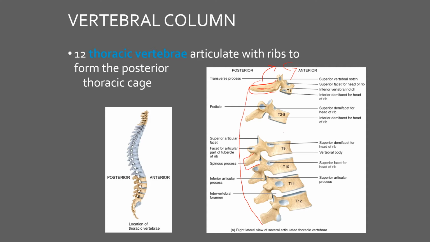But yeah, the T1 is going to look more like the C7 spinous process. So you'll have spinous processes changing shape as you move down into the lumbar region. They'll go from being long to kind of being fat and square when you get close to the lumbar region. So the T12 is going to look a lot more like the L1 vertebra, which would sit here. All right, so they do change their shape as you go down, but the distinct difference between your thoracic vertebra